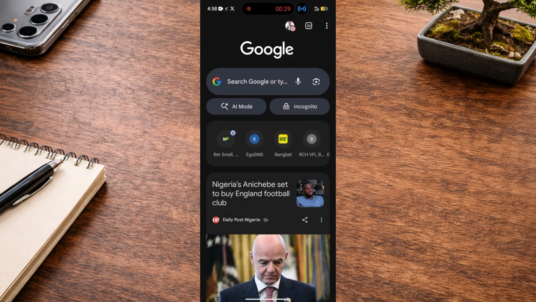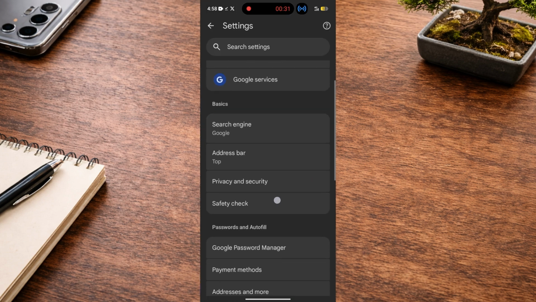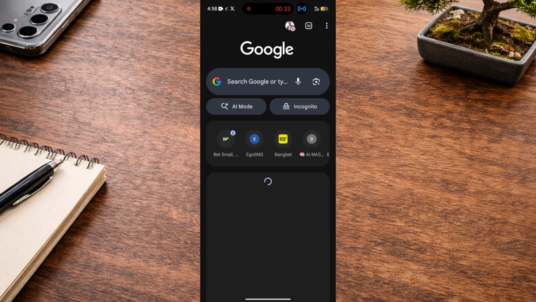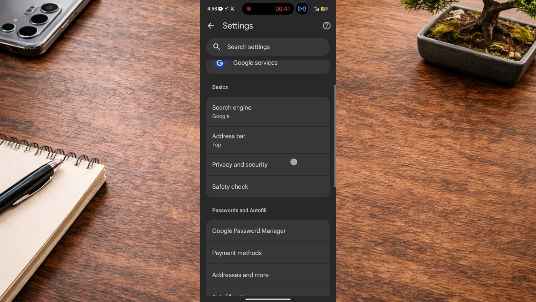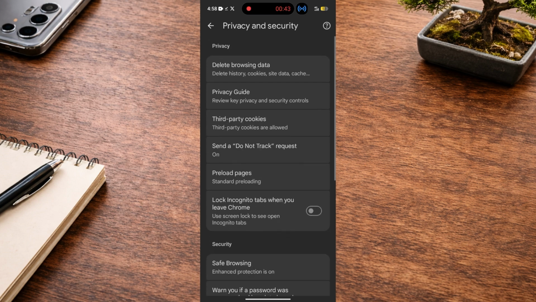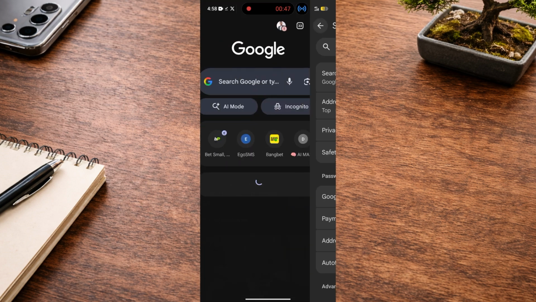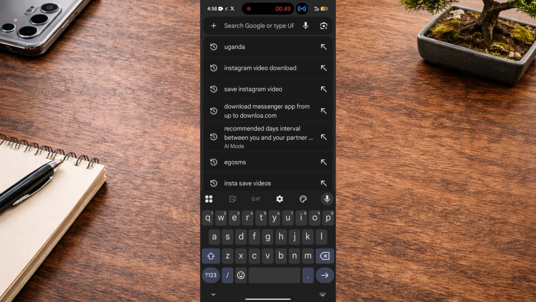Then tap on settings. Tap on the three dots over here. Then after that, tap on settings. Now once you tap on settings, come to privacy and make sure this incognito is turned off. Once it's turned off, come to the search bar, then search for YouTube